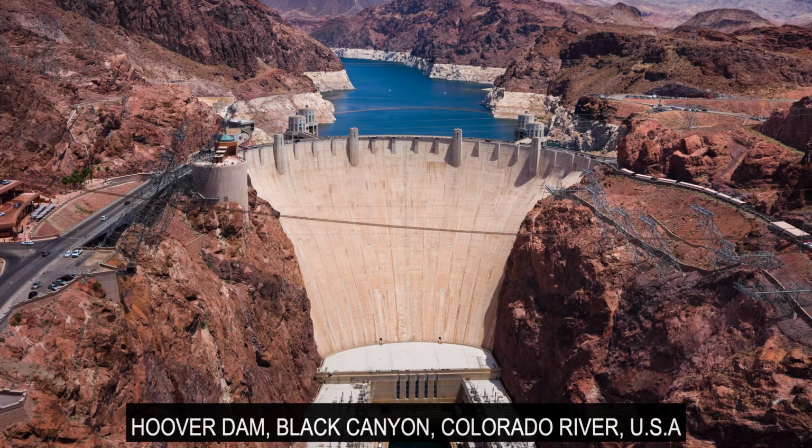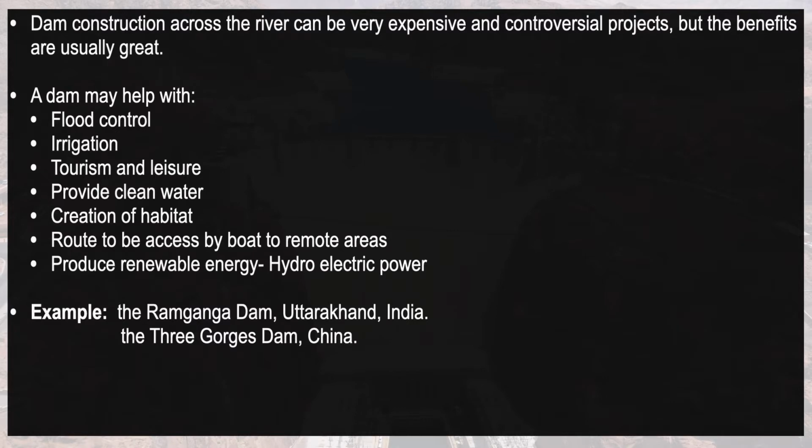I would like to emphasize again the word reservoir. So what is a reservoir? A reservoir is a lake behind the dam. It's an artificial lake behind the dam. If you look at this image, behind this wall, we call it a reservoir. Behind this reservoir, a new habitat will start to develop, where fish will start to reproduce, and other aquatic organisms will start to live in this area. As a result, it will create a new habitat in that area. And then